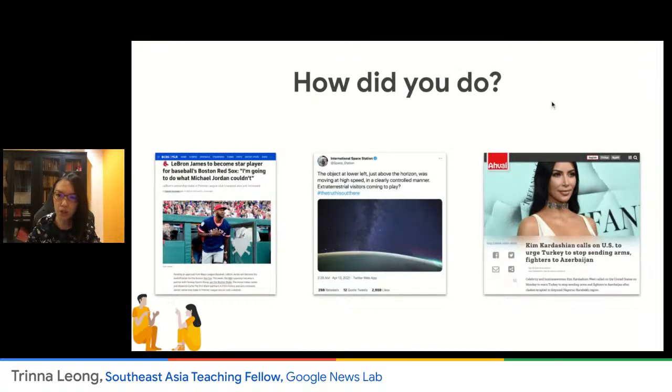First off, we had a simple exercise last week, and I was wondering, how did you do? Did you manage to find the answer for these three different headlines? So we asked you if these three headlines are true or false. The first one says LeBron James, a very famous basketball player, is going to be a star player for baseball's Boston Red Sox, and his quote in the headline apparently says, "I'm going to do what Michael Jordan couldn't," and it looks like it's from a very legit